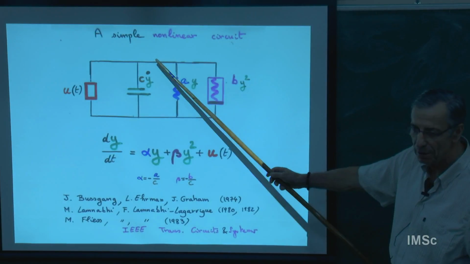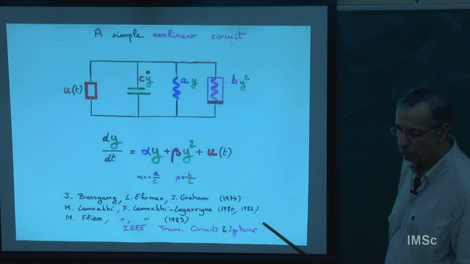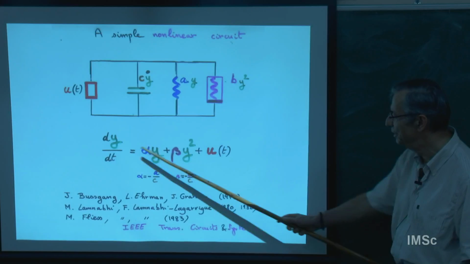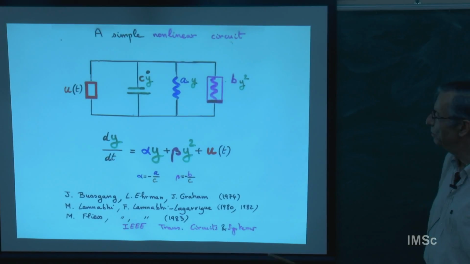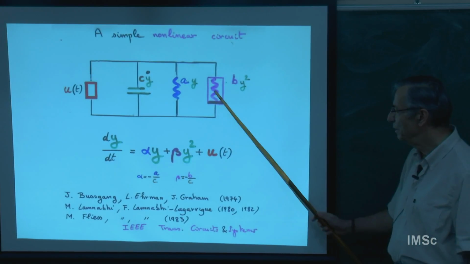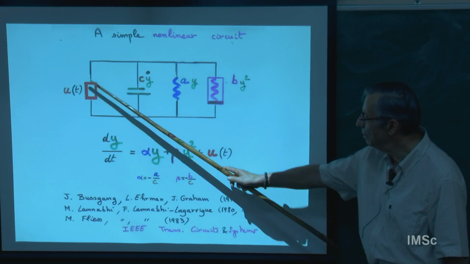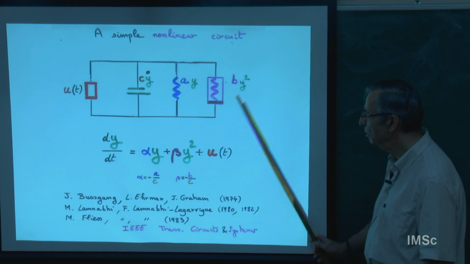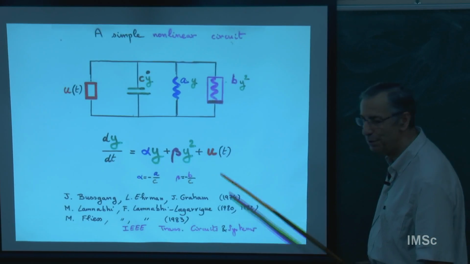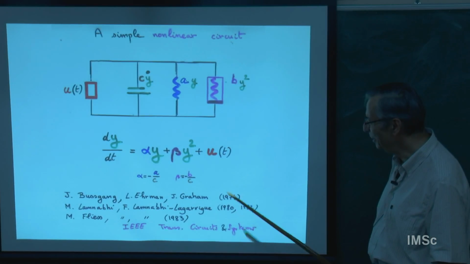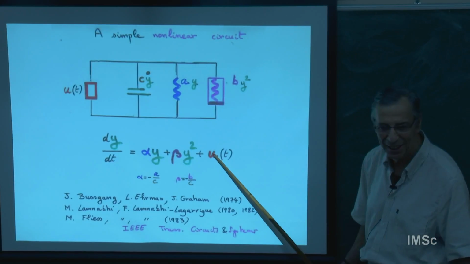This is a simple nonlinear circuit. This is typically control theory, and this is a differential equation which gives the behavior of this circuit. So u is the input. I'm not going to comment on this, but just take this differential equation with alpha, beta, and u. So if I have alpha equals 0 and u equal 1, I get back tangent t.